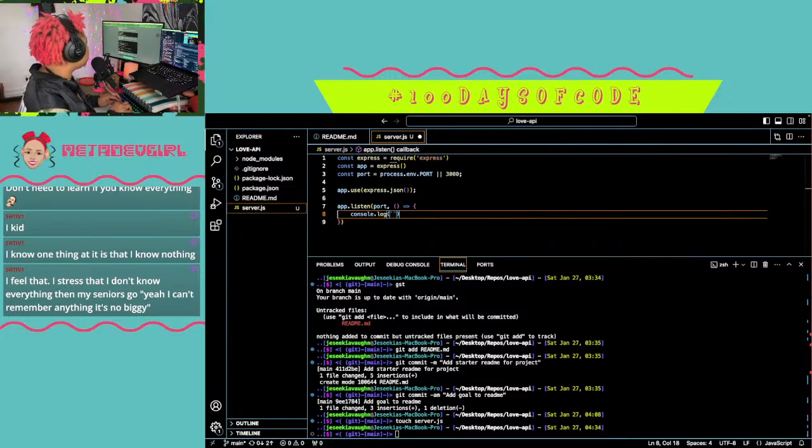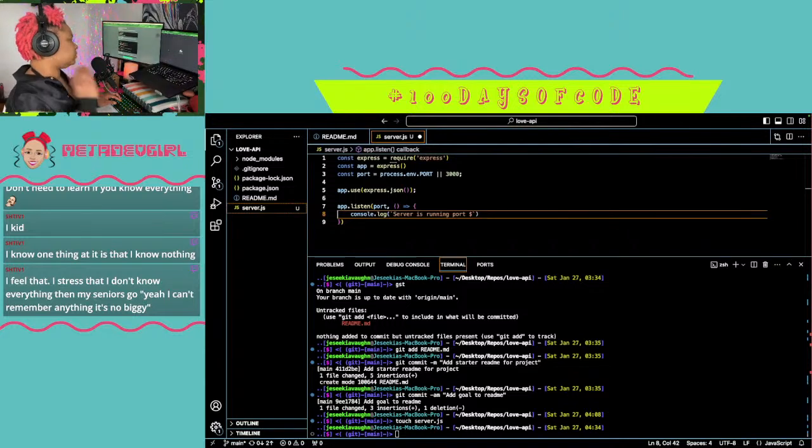Y'all are probably looking at me like, why does she keep looking at her keyboard? I think this is a 60%. I don't even think it's a 65%. Ducky, one too many. This is the keyboard that I'm using. I don't have arrow keys, which I'm pretty used to.